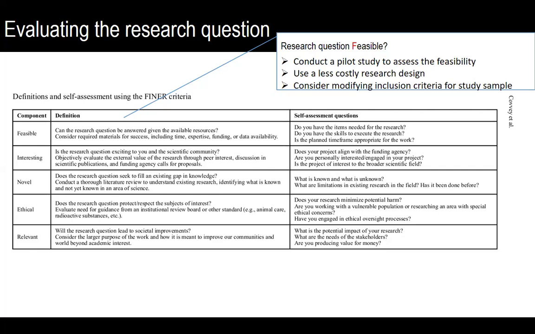After looking at the first letter of the final criteria, which is F, standing for feasibility, you have to look: is the study interesting? Does your project align with the funding agency? If you have a grant, a fund to conduct research, the funders have to agree on the research question. They have to agree on the study designs which we have to use, because they are the ones providing the money. So if your study doesn't align with the funders,